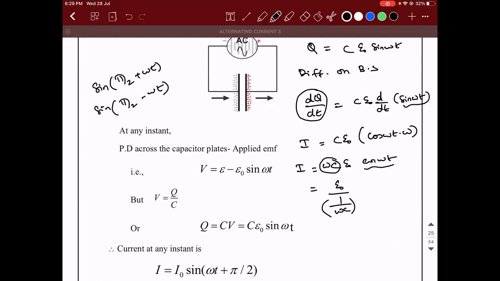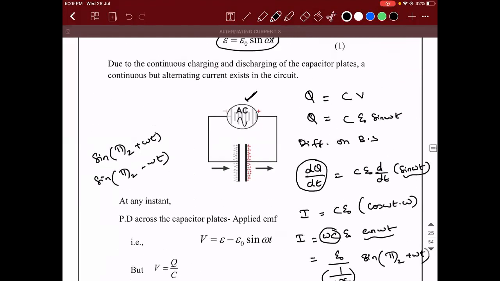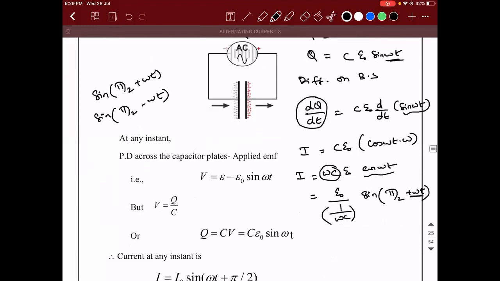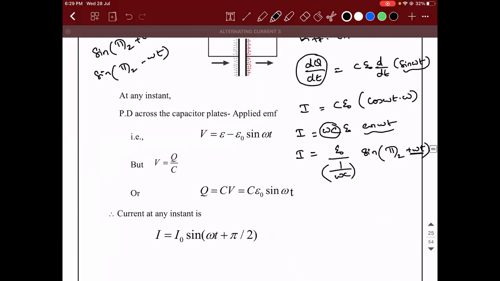Tell me, guys. At least guess, no? So I should take sine of pi by 2 plus omega t, because you gave the input in terms of plus omega t, the output should also have plus omega t. That is the logic. So I will be equal to E naught divided by 1 by omega C into sine of pi by 2